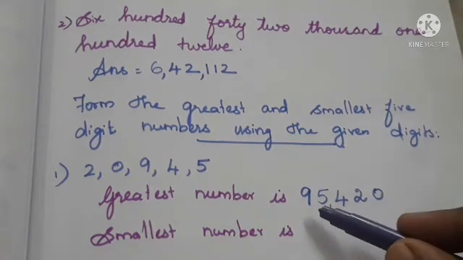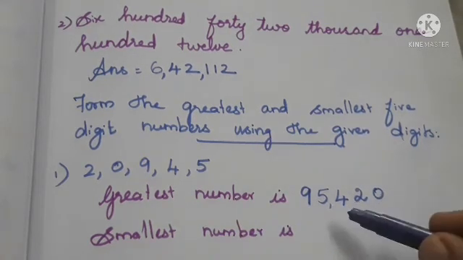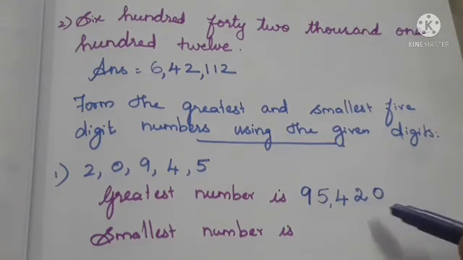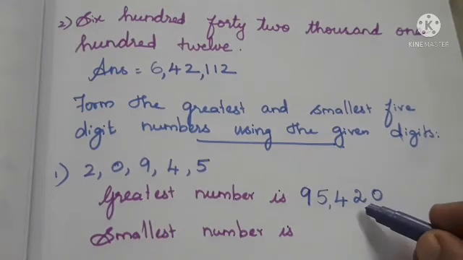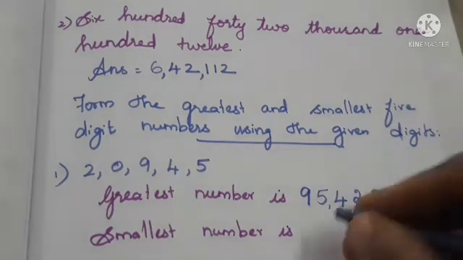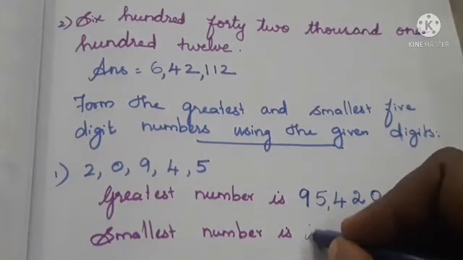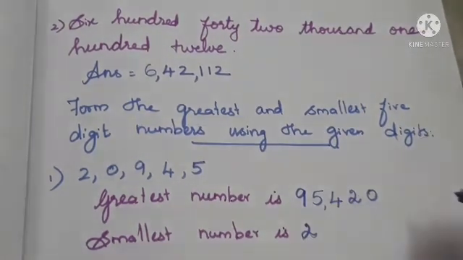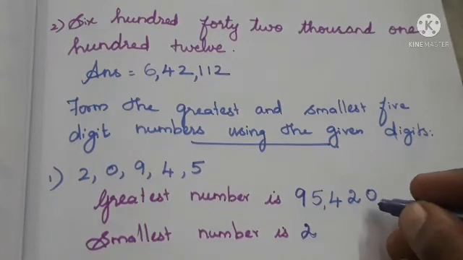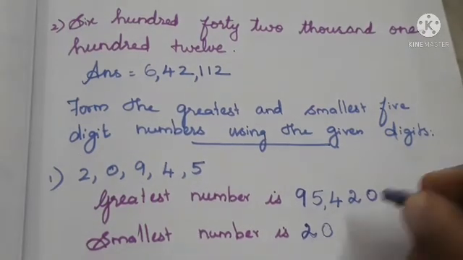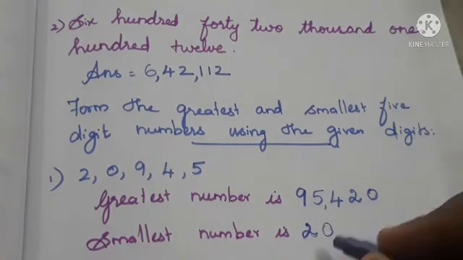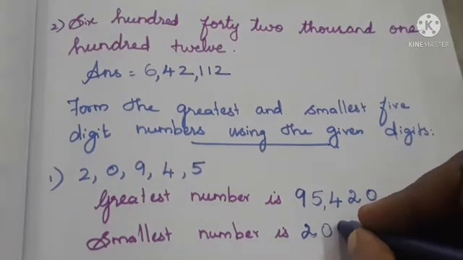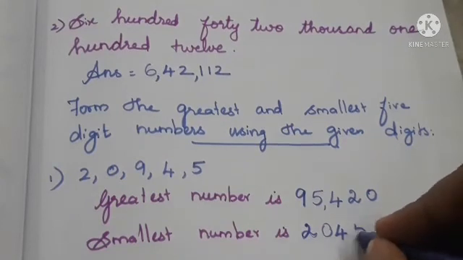So now we have arranged the numbers in the greatest arrangement. Next we have to write the smallest. Okay, next the second smaller number. That means 2 is the second smaller number. So first we have to write the 2. Okay, then only we have to write the 0. Understood? First we have to write the second smaller number, then only the smallest number. Next, as usual we can write the 4, 5, 9.